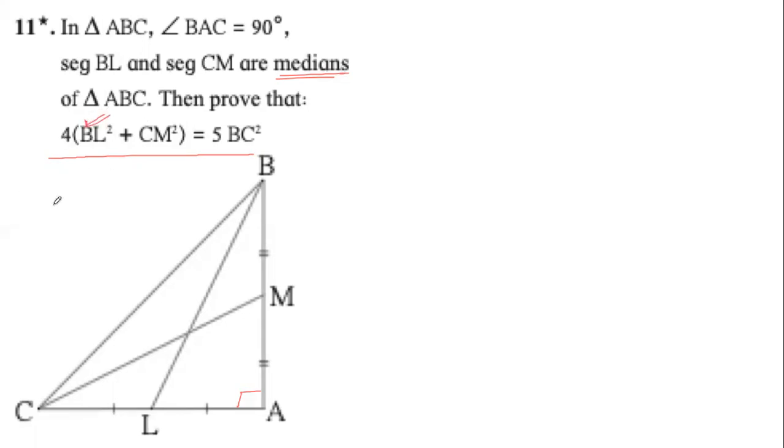Look at BL and tell me, is it just any line segment or is it a special line segment? Can you come out of mute and say, or if you think you are not able to speak, type it in the chat box. Is BL a special line segment? Can you see anything special about BL? Yes, 90, 45, 45. No, it is not 45, 45, 90. It's a line segment. It has got nothing to do with angles. Yes, Fiza, it is a special line segment. What is special about this?